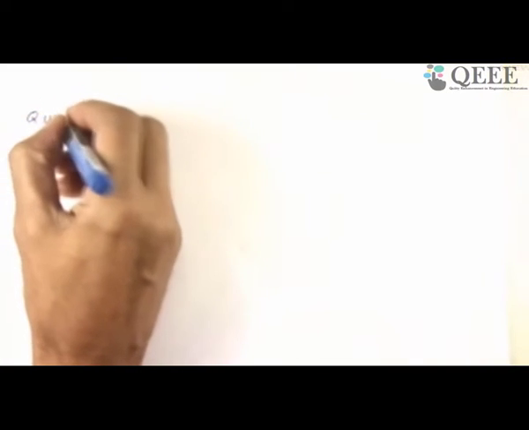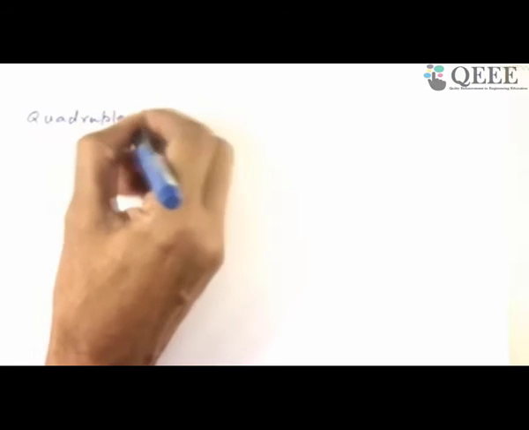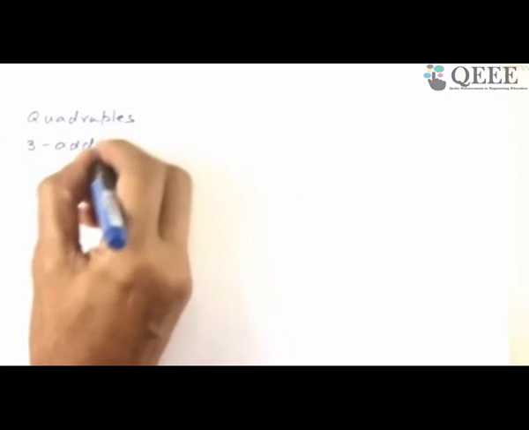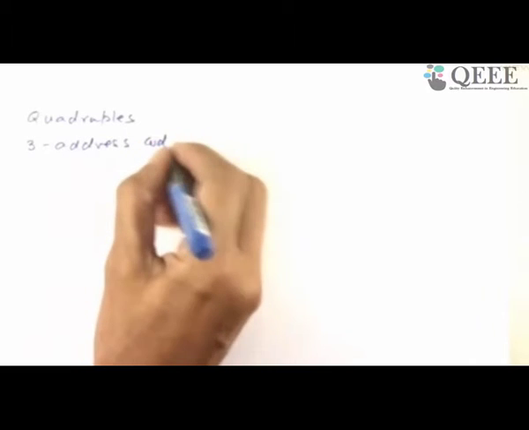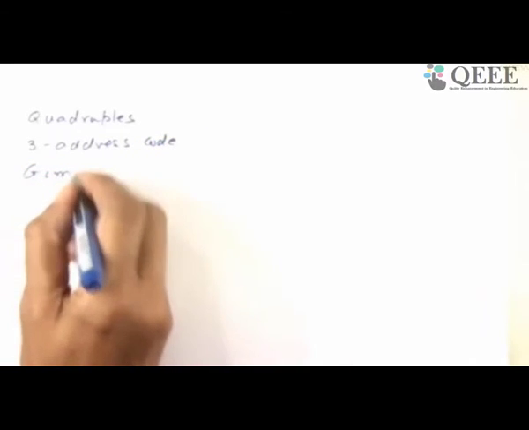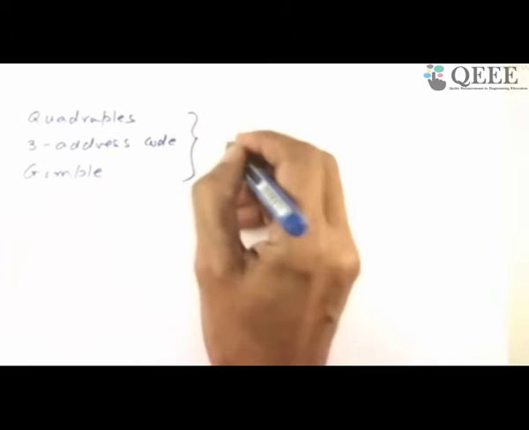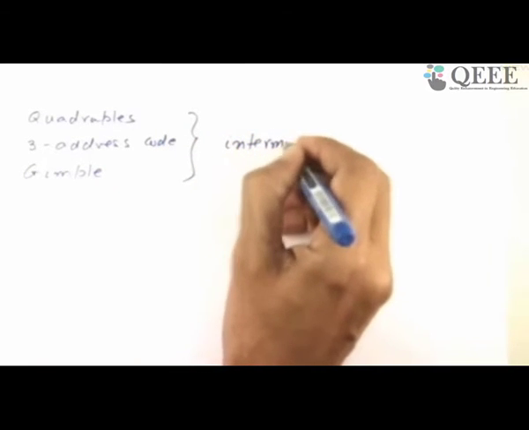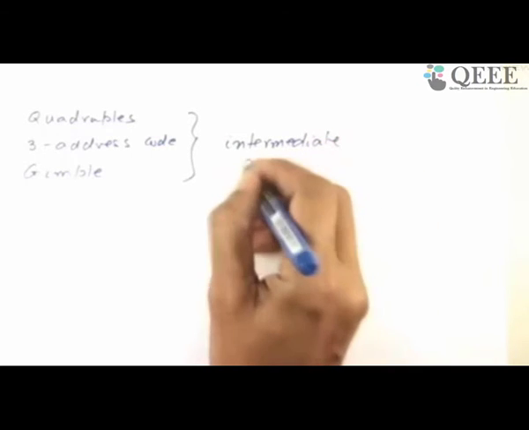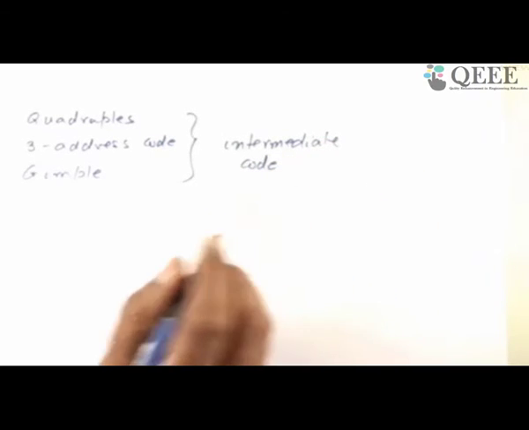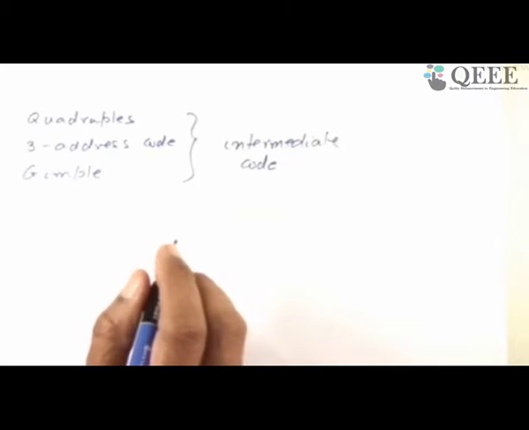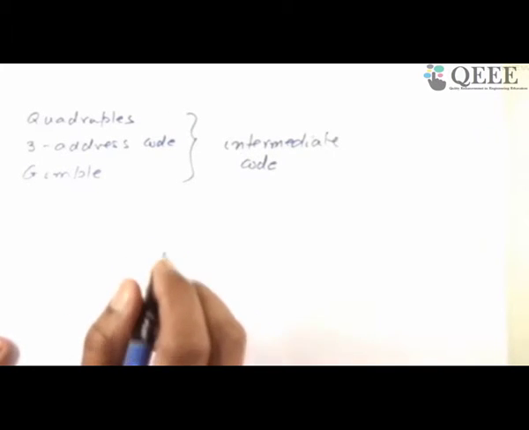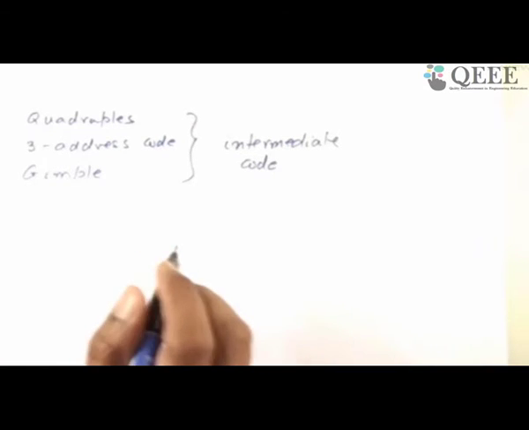So this is the part which I think I had asked you to read, but anyway I'll explain. Somewhere in the slides I have used these words: quadruples, three address code. Some place where I was discussing GCC, I used Gimple. So these are all forms of intermediate code. The intermediate code basically has very few simple instructions. This is there on some of the slides earlier. So those are called quadruples.